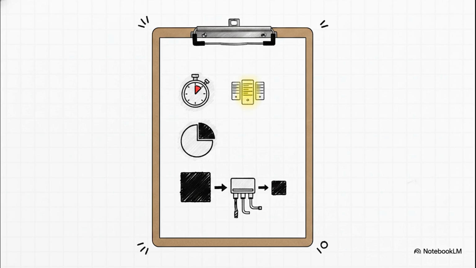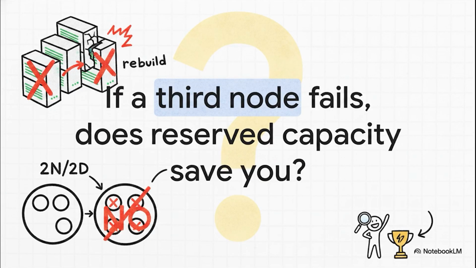And lastly, know your protocols for the exam. ESXi natively mounts containers using NFS version 3, while Hyper-V mounts them as an SMB share. I'm going to leave you with this scenario to ponder. Imagine your cluster has rebuild capacity enabled, and the failure domain is set to node with a fault tolerance of